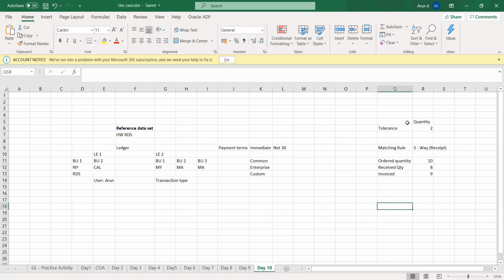So here, if you see, the scenario that we are taking is that, in the normal scenario, if we take out the tolerance part, the normal scenario based on the setup that I have done is based on the three-way matching, that is based on the receipt. So we have different matching rules. One is the two-way rule, where we will just match the invoice with the PO. And three-way is that we will have the receipt part also involved in it. And we have four-way matching. Four-way matching is nothing but I have received the quantity, but